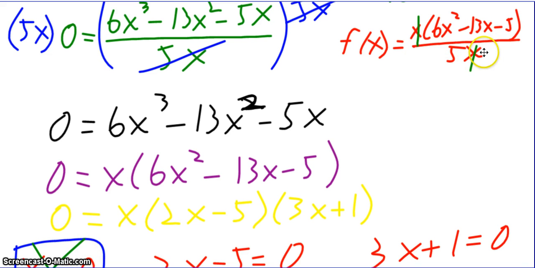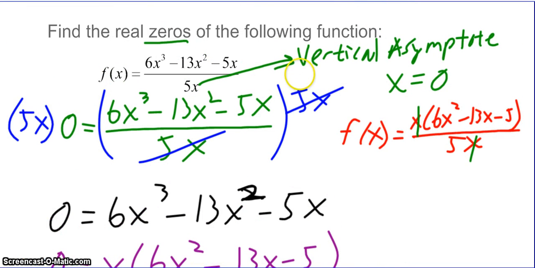This is something we have to be careful about, though. You want to try to avoid eliminating variables when you're solving equations. Sometimes that will make you lose answers. So you have to be careful about this, and you really have to have an understanding of what is going on in the original function. And so that's why we want to understand that we have a vertical asymptote at x equals 0, which is telling us that the domain of this function,